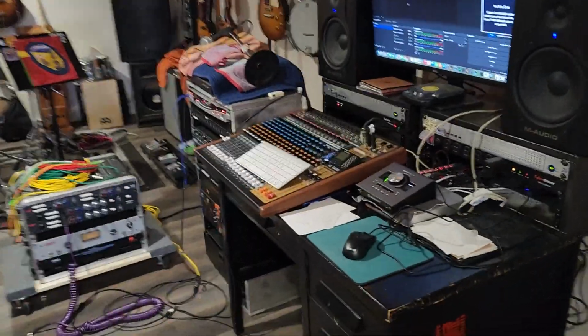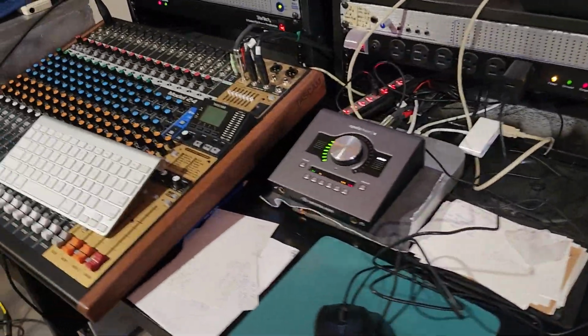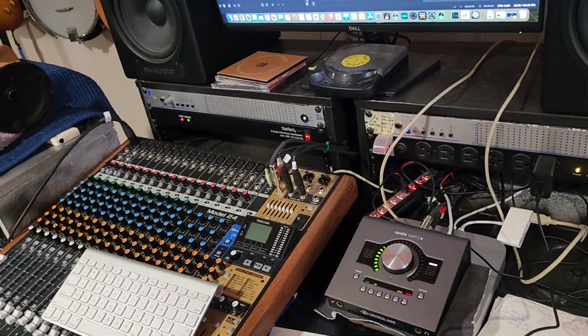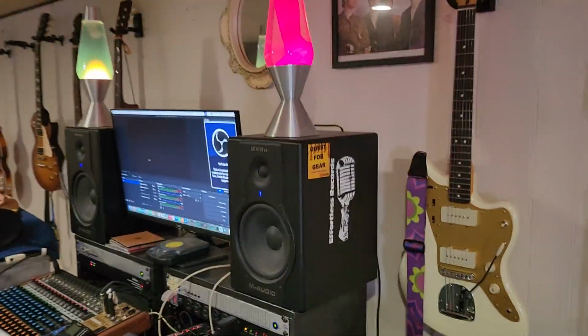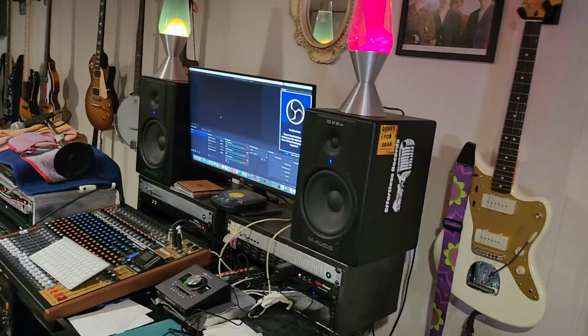Well, the damn thing on Mac's not worth a dog's breakfast, okay? So you can blame me. I can blame it. We can blame the Mac. We can blame OBS. Here's what I know. Millions of people are using OBS with no issues, okay? Mike from I Love Recording is using OBS, and he doesn't have the issues that I have.